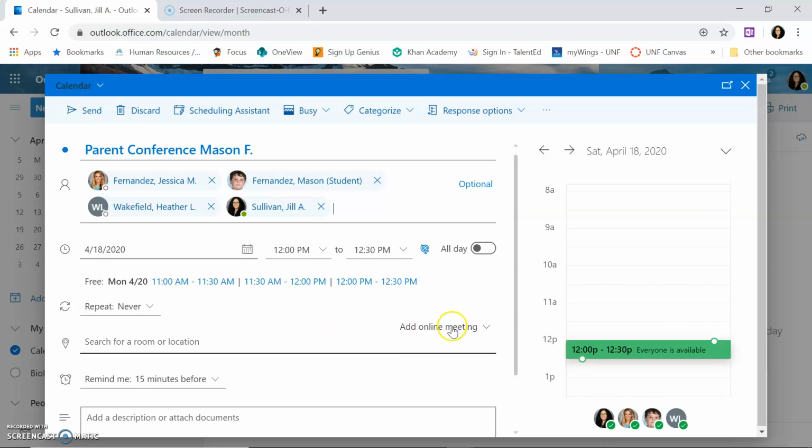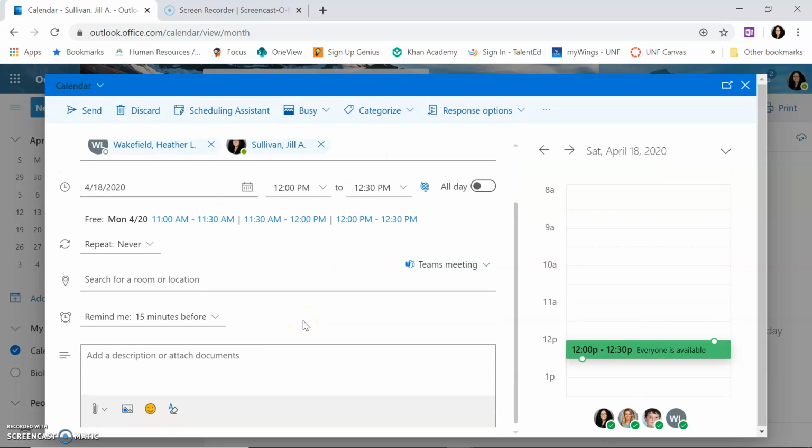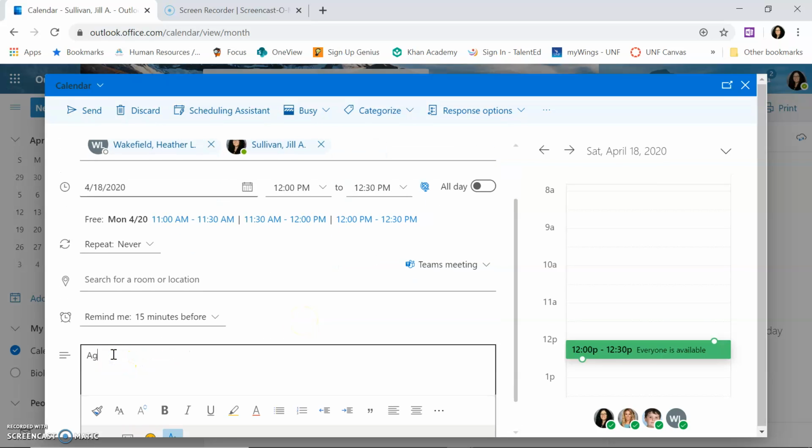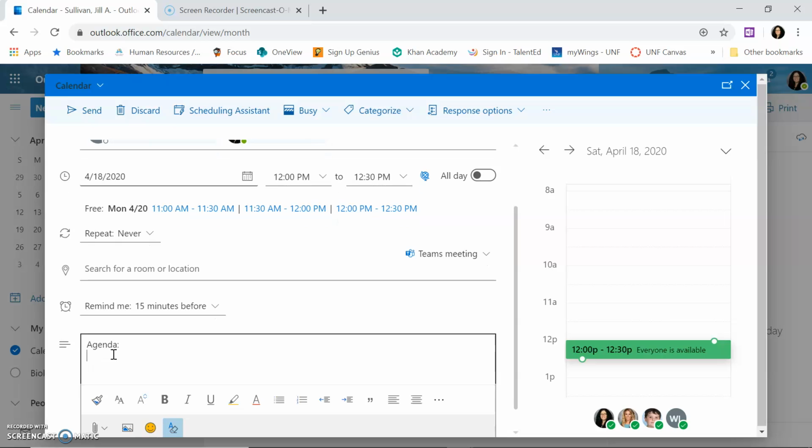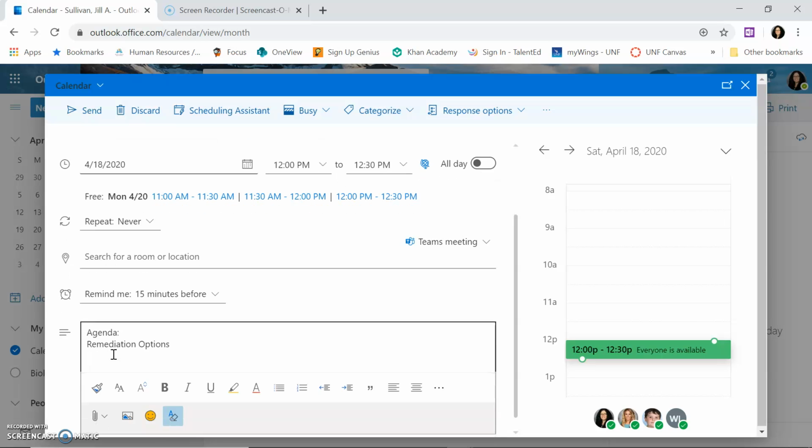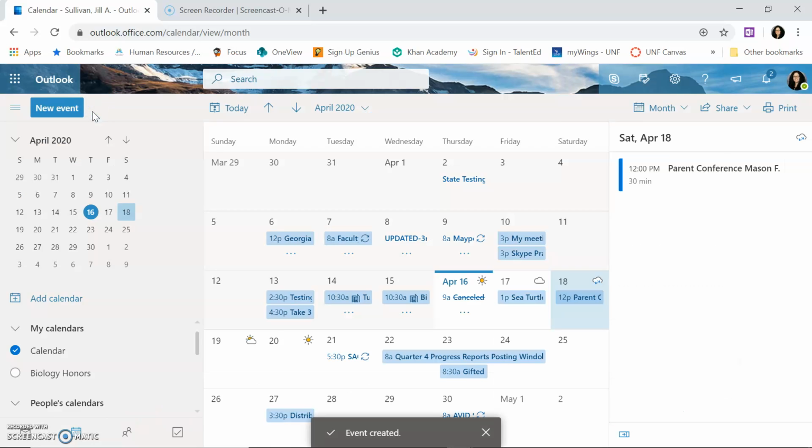Your next step is to come over here where it says add online meeting. Choose this down arrow and select Teams meeting. You can also add an agenda for your meeting. So maybe we want to say remediation options, and we want to talk about the assignment calendar. Then you can send this invite to the recipients,